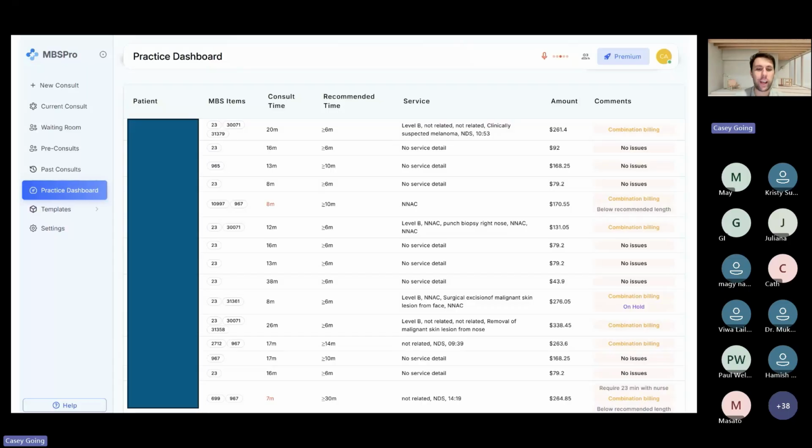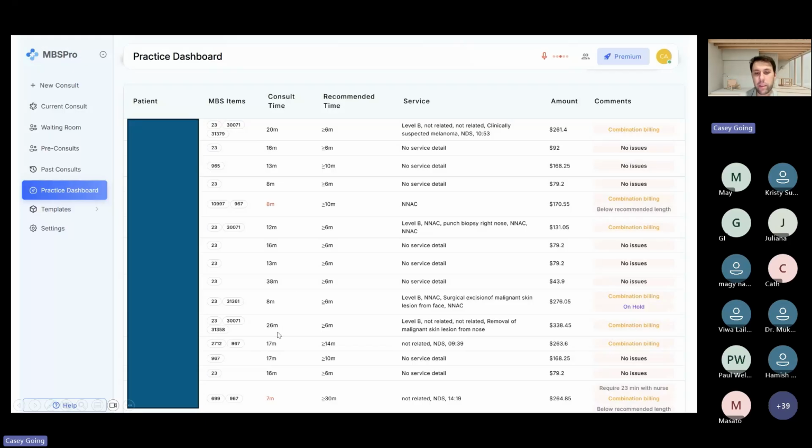All of this is only available to you as the individual practitioner. It's just to give you an idea. You've seen recently, I think there was an article from the PSR, $27 million was paid back by doctors. The single most common reason for paying back to PSR is time. You haven't met the time requirement. It can be difficult to see if a care plan is good or bad, or if a health assessment met the 707 criteria or the 705 criteria. But the easiest thing to pick up on is just time. So have you spent the actual time?